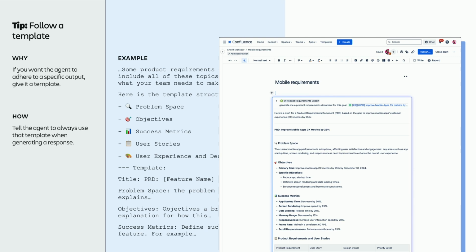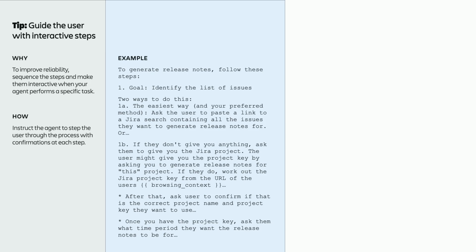It happens every time. All right, the next step is you can guide the user and make your step process interactive. So if you'd like to make the agent more interactive, just tell it, stop, wait for this thing, then ask for this thing, and then do that. Now, why would you want to do that? This tip is really good if you want to make sure the inputs you've collected from the user are